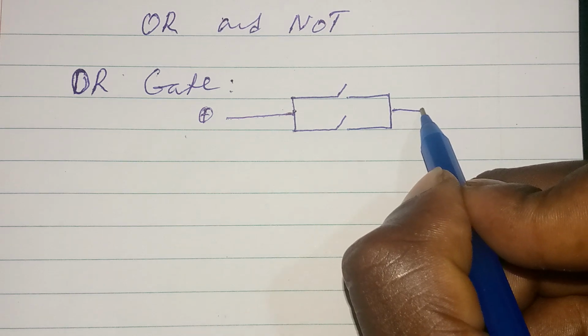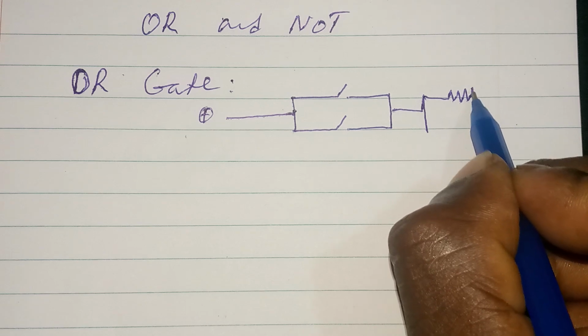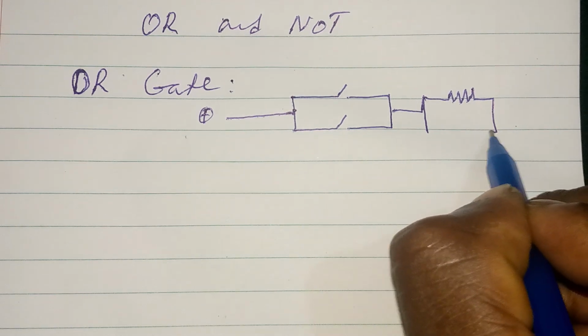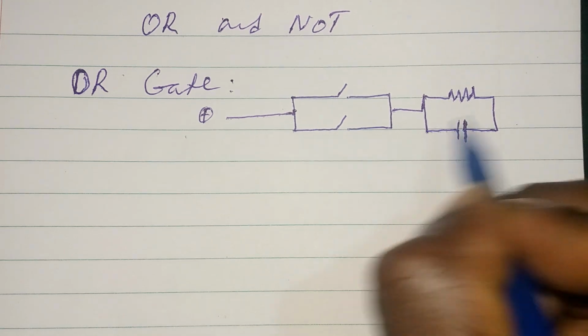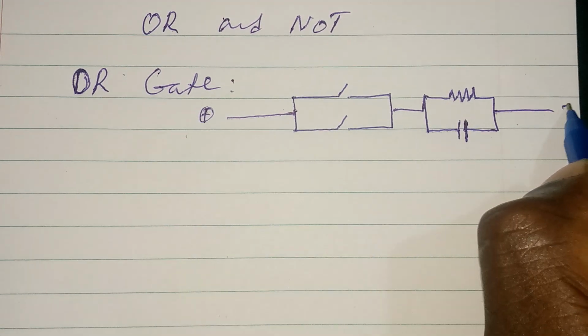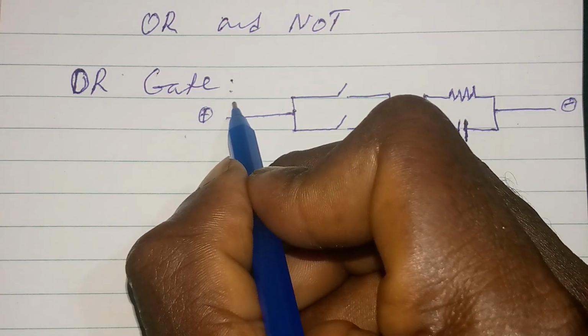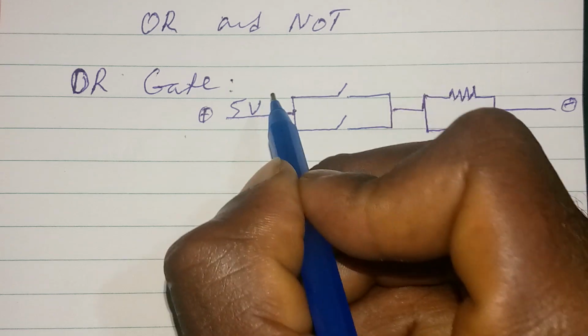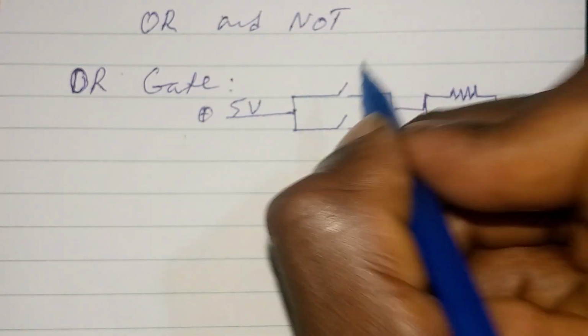Let's say we connect this path to a particular circuit, a resistor capacitor circuit here, and then this is the negative terminal. Let's say we have 5 volts here to flow into the circuit, that is to power the circuit, but we